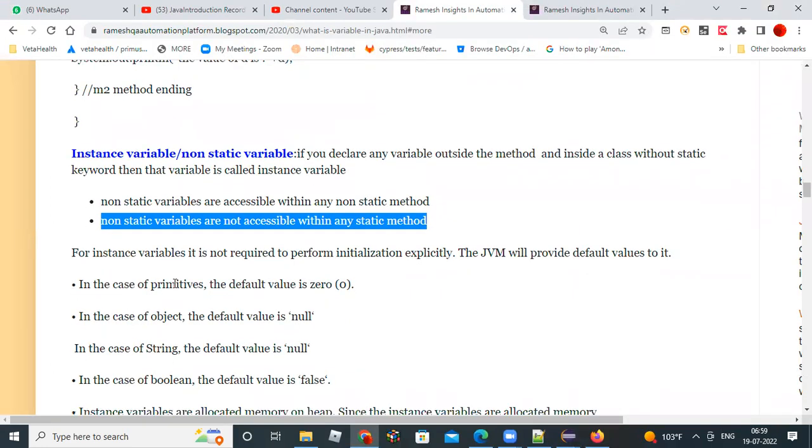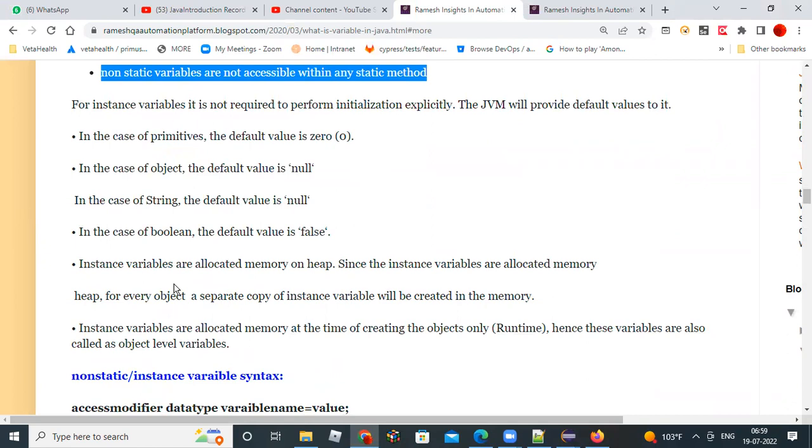So where will this data be stored? Non-static data will go and be stored in the